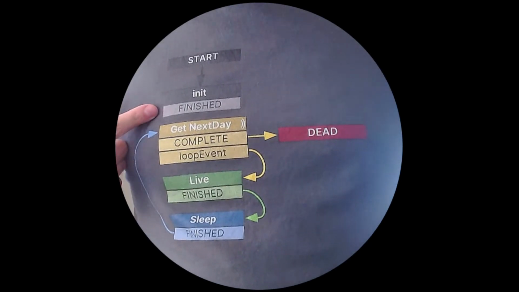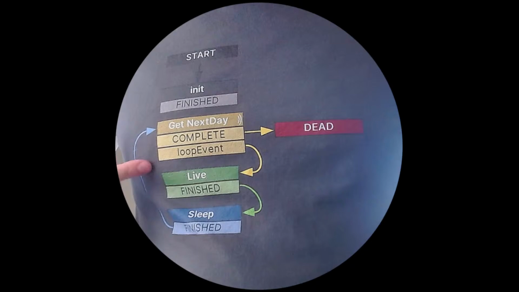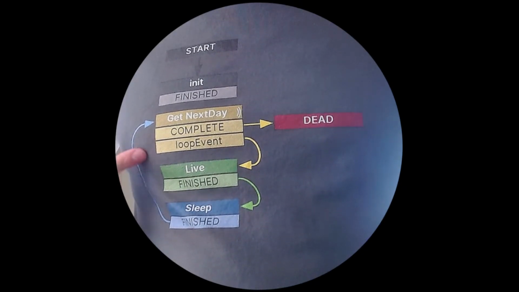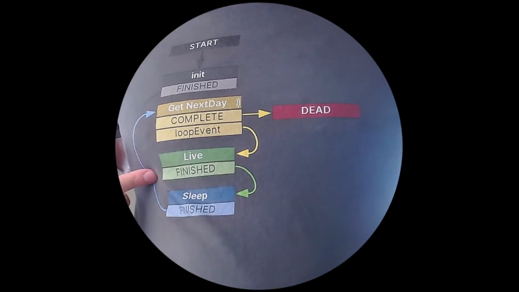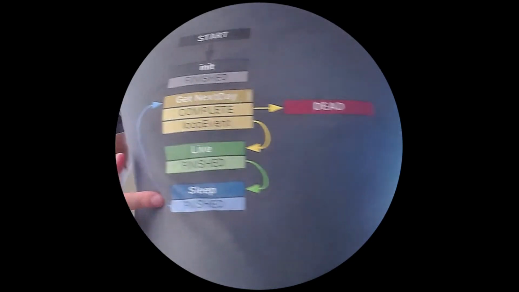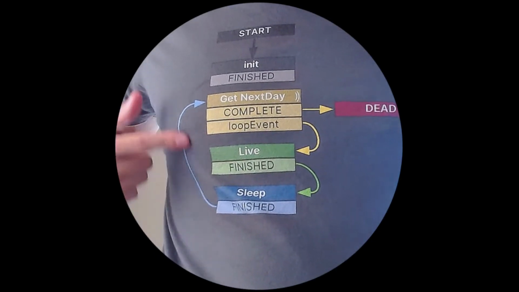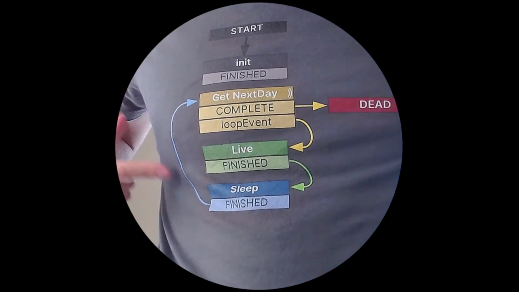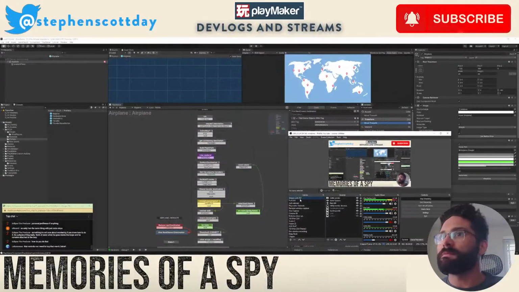Initialize, right? This is like being born. Get next day. Loop event sends down here, right? Like, duh, loop event goes down here. Live, finished. Sleep, finished. And then when it's finished, it comes back up here where it gets the next day and it loops, right? Loop event, and then when it's complete, you're dead, right? Like it makes sense, you know. And of course that's just the frame that you're in, the context. You can also name your variables just as well in C# or something, but